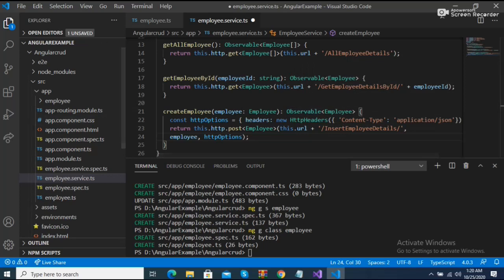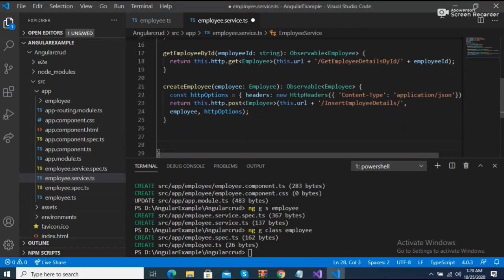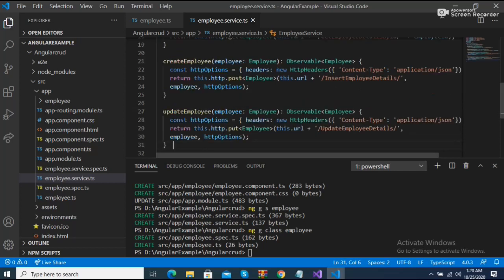After that, I want to update employees, so I add the update employee method. Then we need to add delete employee.